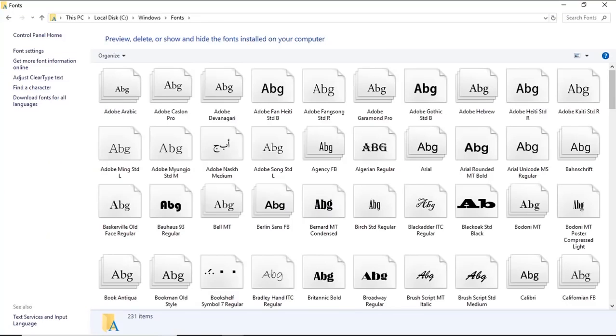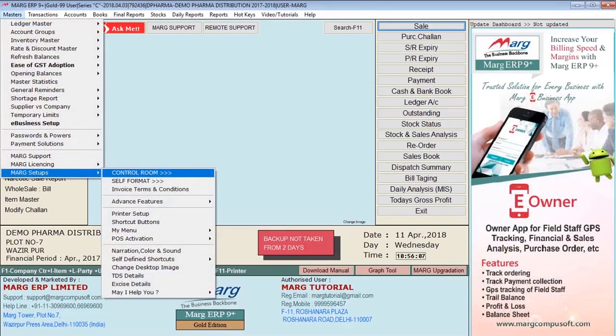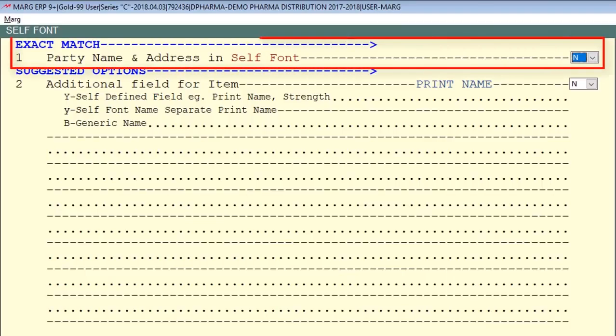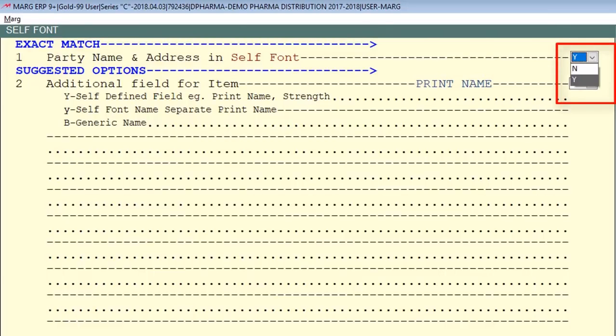After installing the font, let's see how you will implement this in the software. Firstly, go to Masters, then Mark Setup, then Control Room and search Self Font. Here you will get the option Party Name and Address in Self Font. If you set it to yes, you will get an option of Self Font Name in the ledger of the party where you can type the party name and address using your own font.